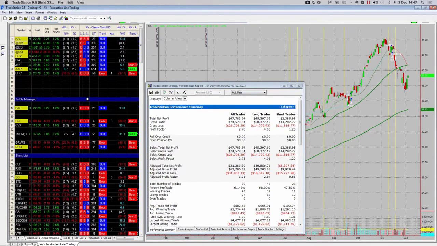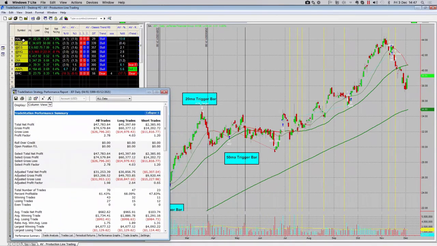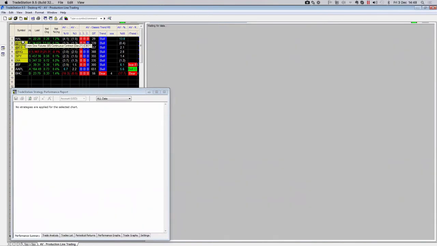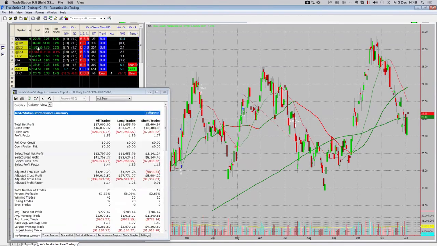I think the first thing that we should do though is go and take a look at the market. Let's go and take a look at the Dow. There's a natural bullish bias. Oh, don't crash on me now, TradeStation. Don't do it to me. There we go. Panicked for a second there.